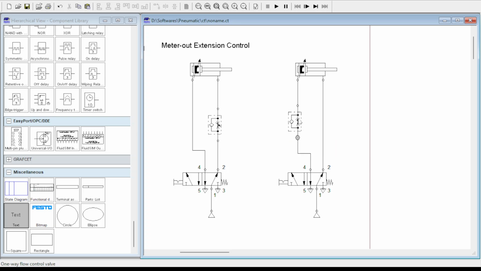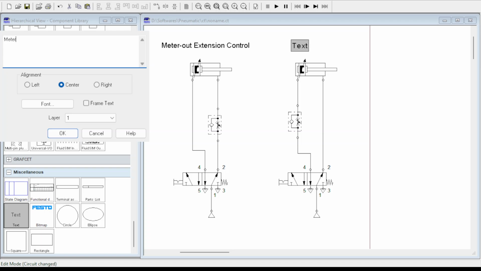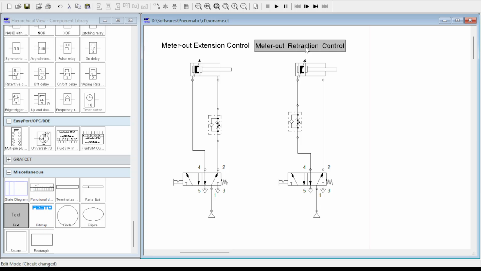Depending on how much the throttle is open, air will escape from the cap end of the cylinder, and accordingly the retraction speed of the cylinder will be controlled. And hence this type of circuit is called a meter out retraction speed control circuit. So let us see the simulation of it.